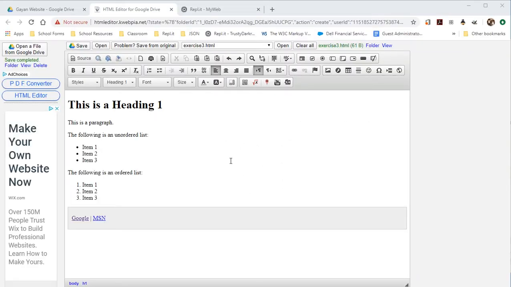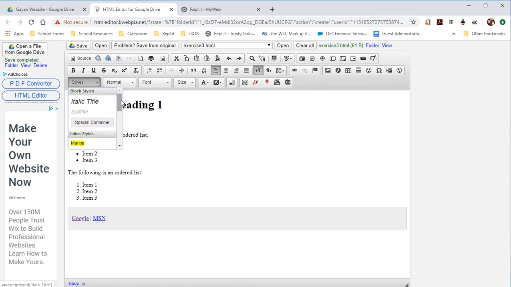Now we're going to talk about how we can do a little formatting using this new HTML editor for Google Drive. The dilemma is it doesn't do formatting efficiently, though if you don't know a lot about web design, it would do the trick. So let's try our first example by highlighting this as a paragraph. Now, you'll notice there's a styles drop down. Now, there's not a lot in here. There's just a few different styles you can choose, but we're going to see how it actually affects the code